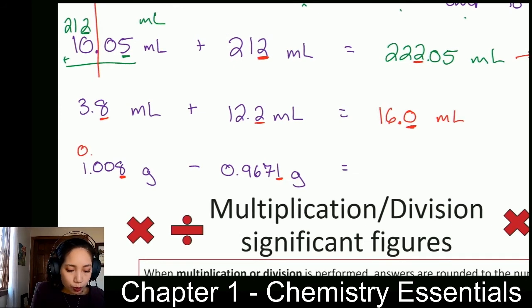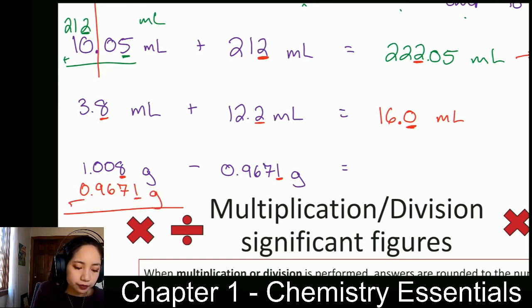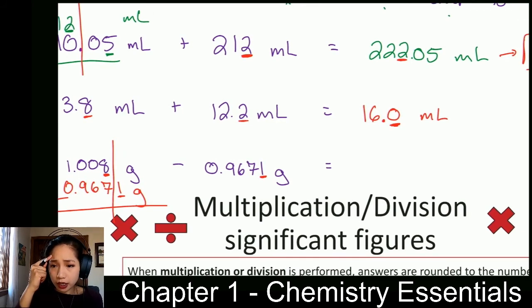So again, if you put these numbers on top of each other, you can kind of see it. Oh, I should do it the other way. 0.9671 grams. All right. So you can see here, if you do the subtraction, we actually want to round to the thousandths place. We want to have 3 decimal places in our answer. All right. So keep that in mind. We're going to round to the thousandths place, the 3rd decimal place, because this 1.008 only goes out to the thousandths place. So if you stick that into your calculator, you get something like 0.0409